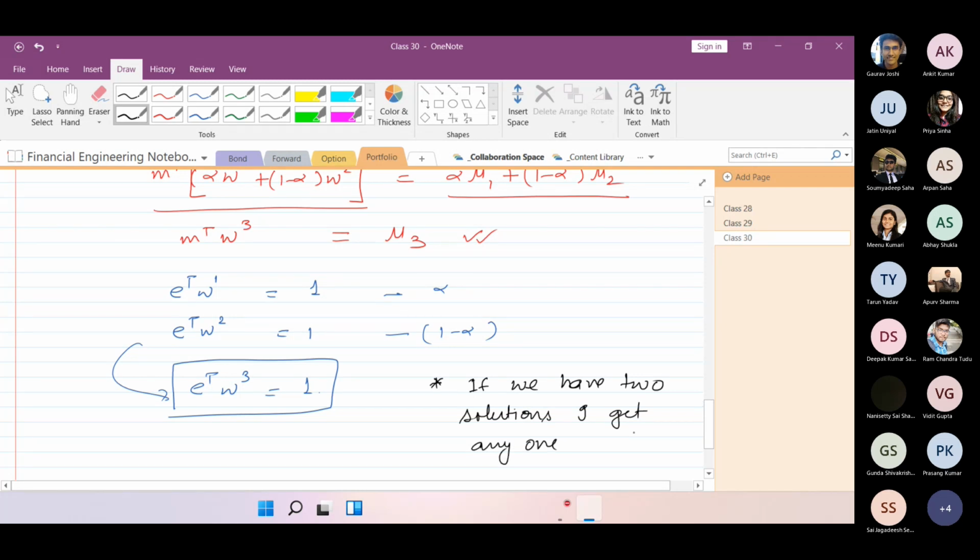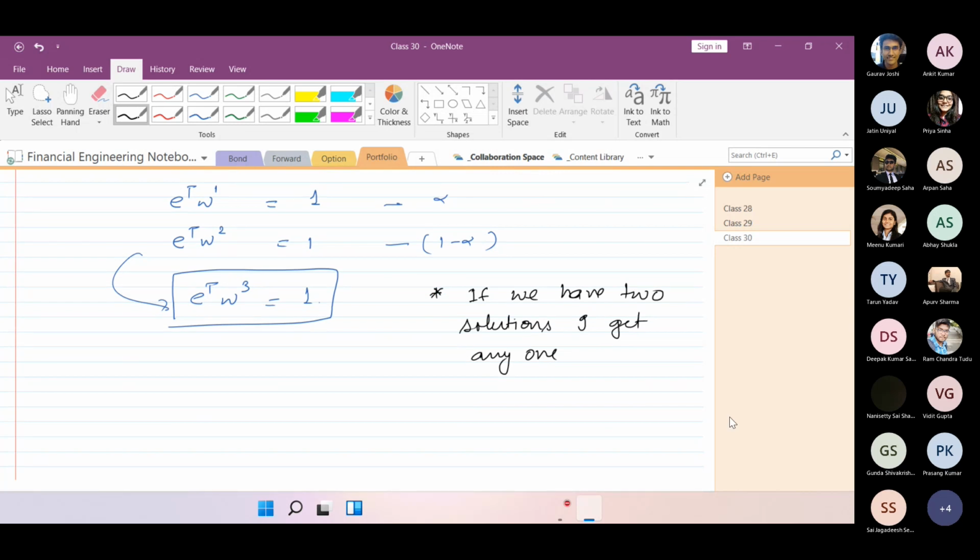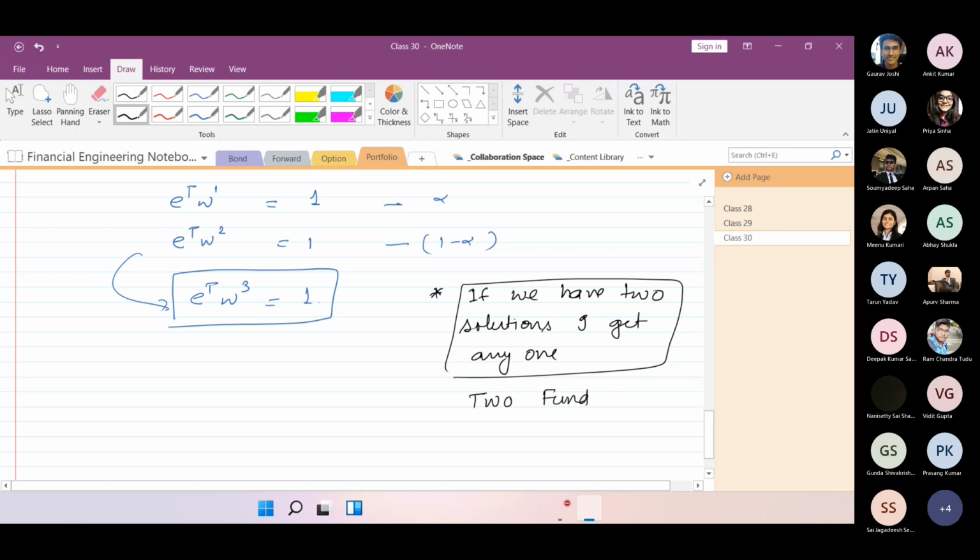What I mean, I have just written in layman's language. It means that if you know the weights for two optimal minimum risk portfolios, then for a particular return you can get the weights using the linear combination. You don't need to solve all the equations again and again. Because of this statement, this is called the two-fund theorem, because you need to know the weights for minimum risk for two particular returns.